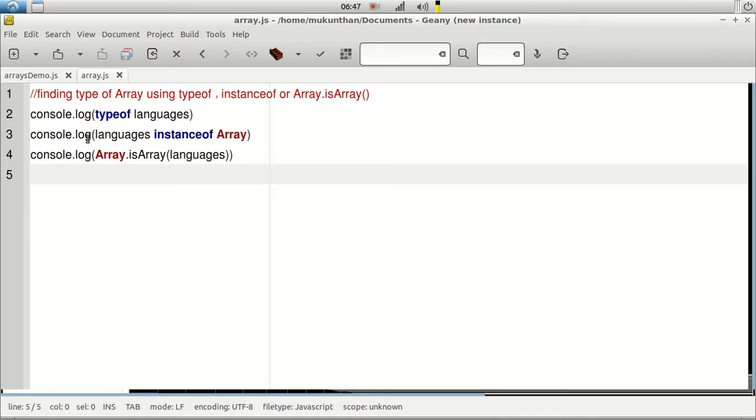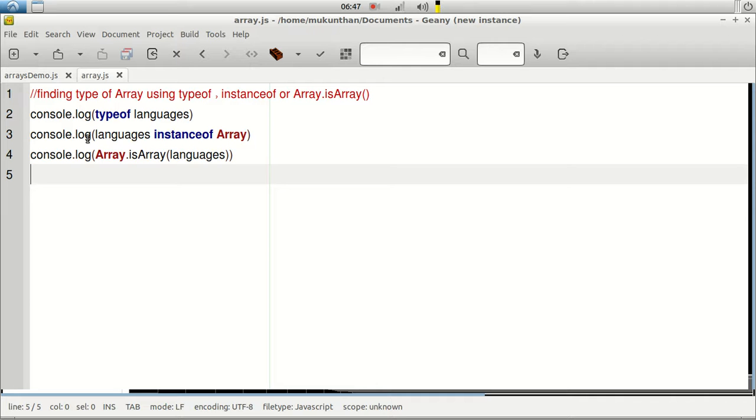So next one. What is the type of arrays? It will be array, right? But if you use typeof on that particular array, you will get object as the output, because in the starting you might remember we discussed that arrays are nothing but a special type of objects, whereas keys will be only the numeric types, indexes. So that's the reason typeof the array will be object.